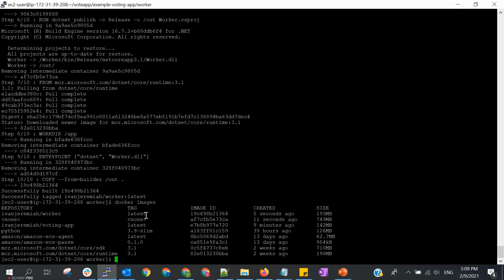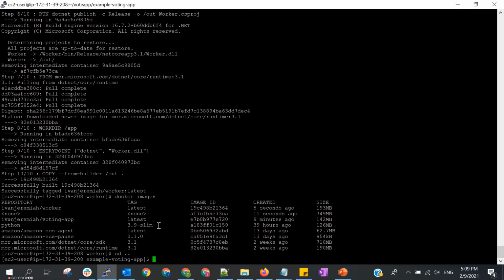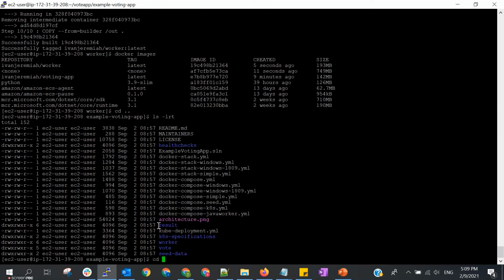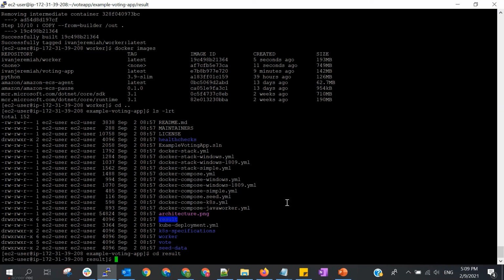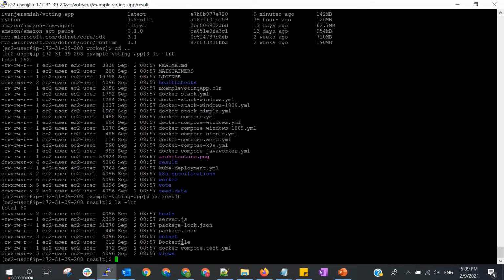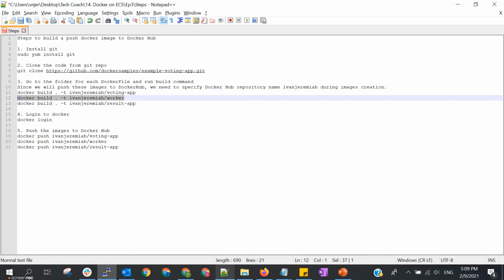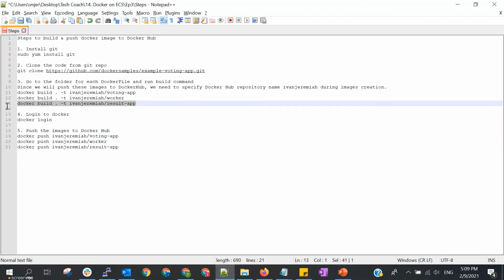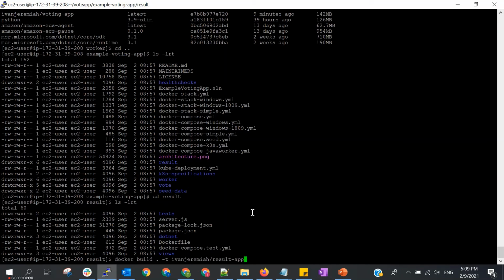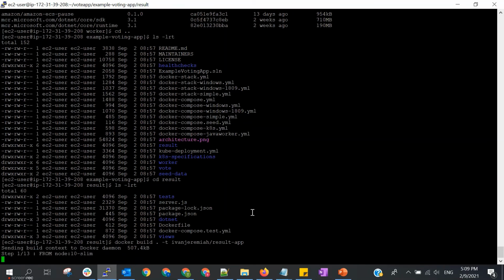Okay, another one is for the result. Let's go up, and the result is under this folder. Let's cd to that folder, and we can find also Docker file here. So let's run again the Docker build command for this result app.